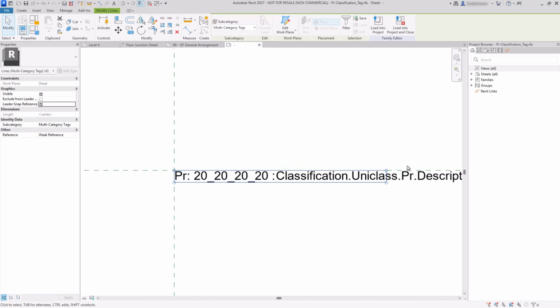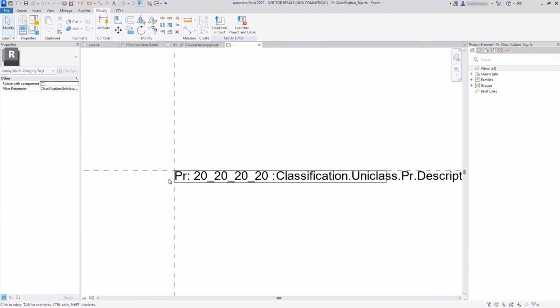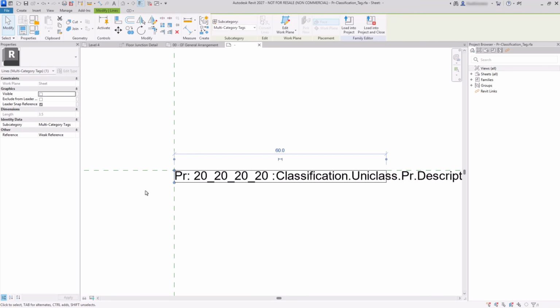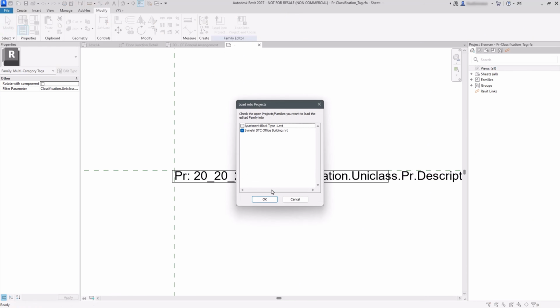Now, I don't actually want to see the lines on my tag, so I can also make those invisible as well. And what we will do then is take this first part of the label here, and we'll exclude this also from the leader line. So the leader line now will be using these lines, and we can just adjust those exactly as we need them. And now if we load this in,